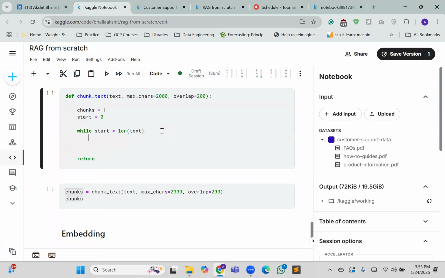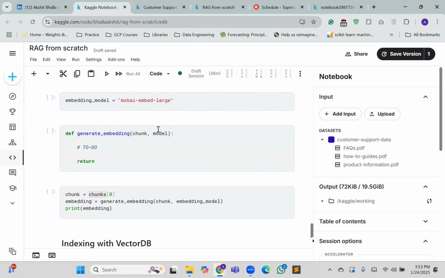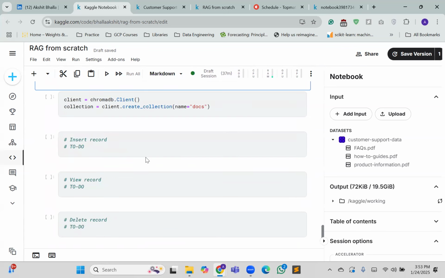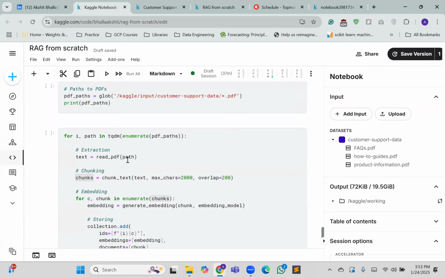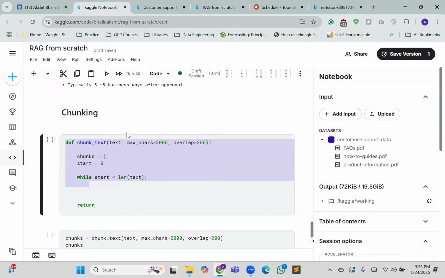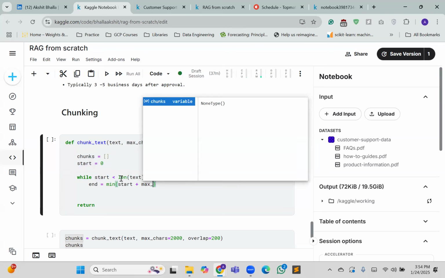Because we are short on time, we will go over the next steps such as embedding and creating a vector DB quickly. Okay, so let's write code for this. While start less than length of the text, because we want to continue chunking until the end of the text, we will say end is equal to min of start plus max